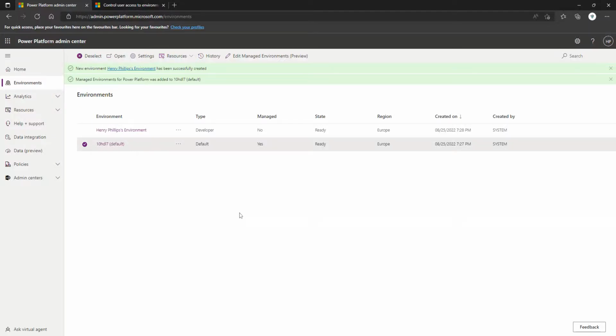Hi, in this video, I want to show you one of the first things you should do with the default environment. Now, I appreciate this works better if you've got the luxury of doing this before anybody is aware of the Power Platform, which is less and less likely these days. But the main purpose of this kind of best practice is, if nothing else, just to specify the intent